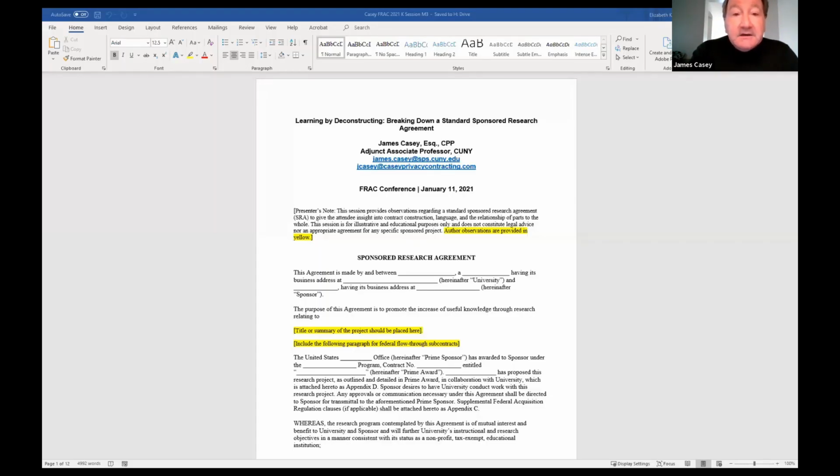But at any rate, what you'll also want, and this is at the beginning of the contracting phase, is to make sure you have a properly routed and approved proposal in-house before the contract is negotiated. I am sure there are people on the line in this session, as well as many times in my experience, where you'll get a contract from another company, from an outside sponsor for faculty work, and then we'll go, wait a second, there's no proposal in the system.